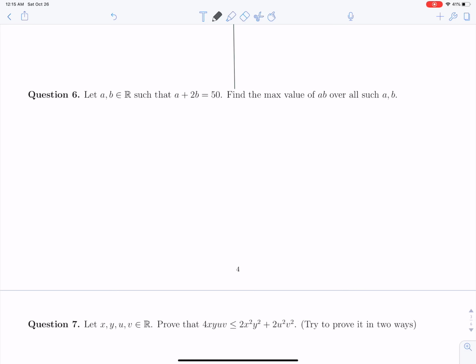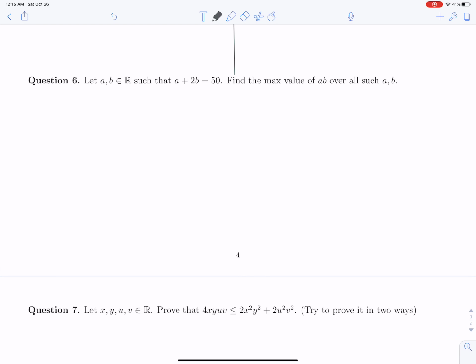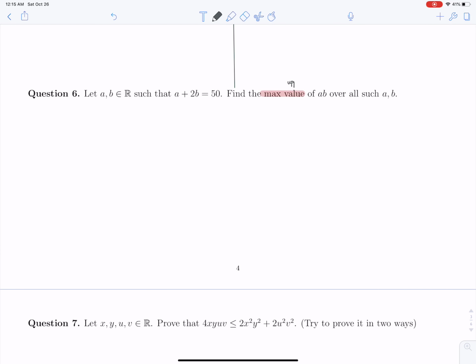For this question, let a and b be real numbers such that a plus 2b is 50. Let's find the maximum value of ab over all such a and b. Well, you see maximum value, which means we need to find the upper bound of ab, which means you want to find a number m such that ab is less than or equal to m. Alright, well, this should remind you of inequality